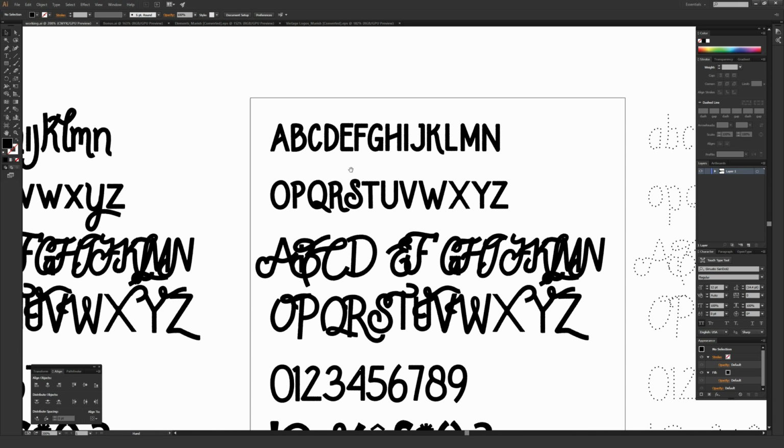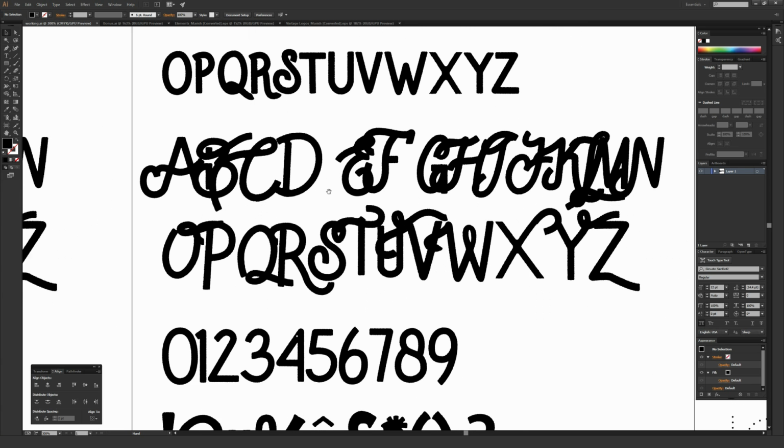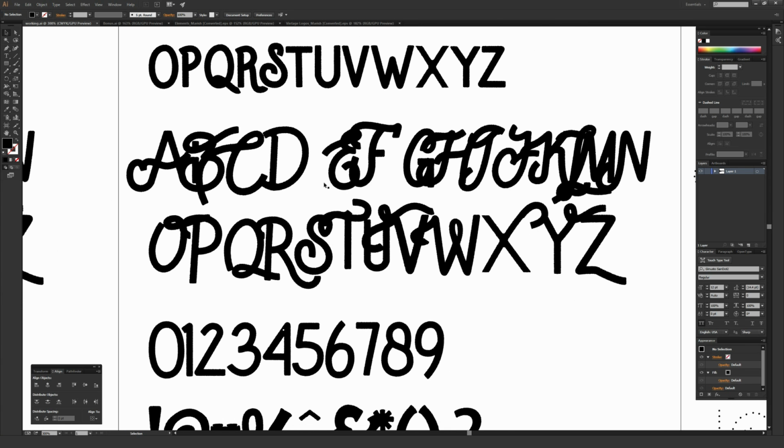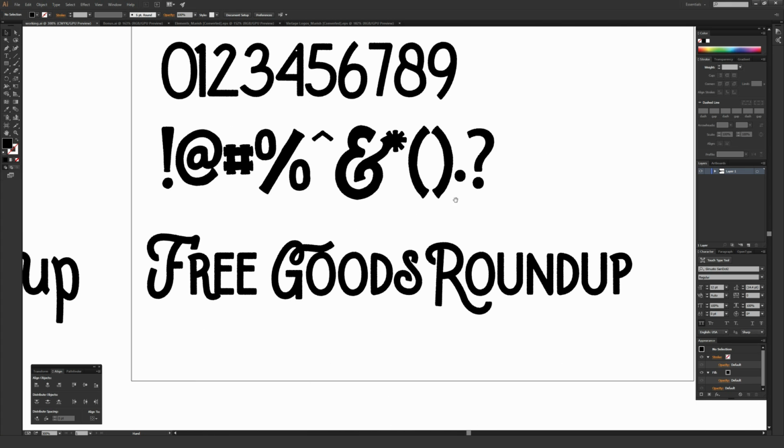So as you can tell, it includes both lowercase as well as uppercase letters. If you look at the uppercase letters, they look a bit crazy because they tend to intersect with each other a lot when they're typed up into a line. But since you should really never be typing out a script font in all caps anyways, I don't really see this as a problem. If you do for some reason want to do that, you'd have to go in here and kind of custom kern everything a little bit to make sure they look good when they're actually lined up like this. But as you can see right here, when they're typed up into an actual sentence, they look very